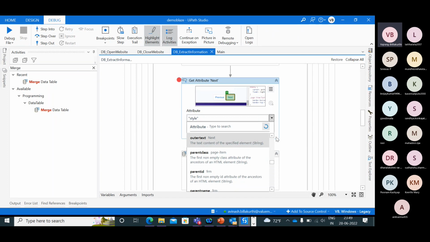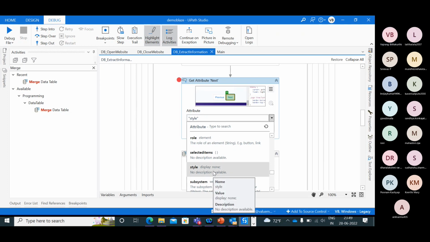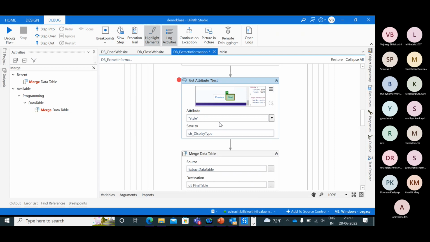Okay, refresh. Inner text, HTML. Now this gets refreshed and we don't have style, I guess. We still have style and display is none. Let's refresh it and try. Okay, now here you go.